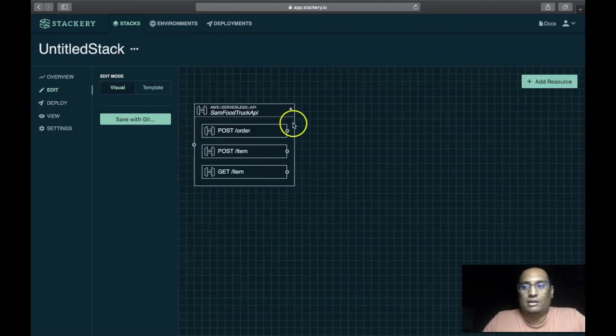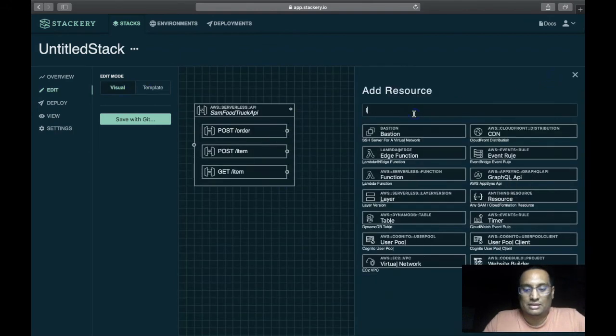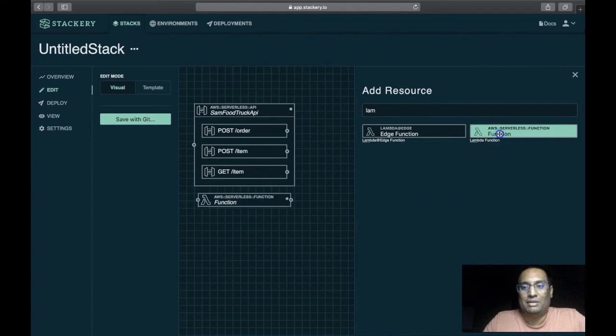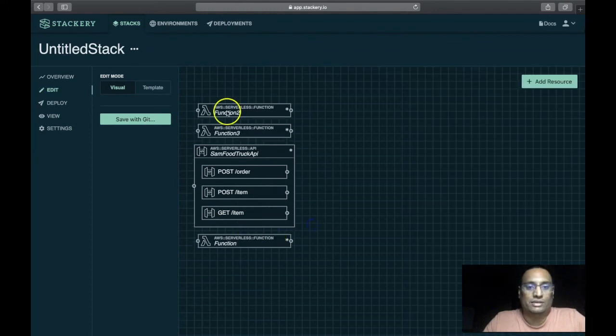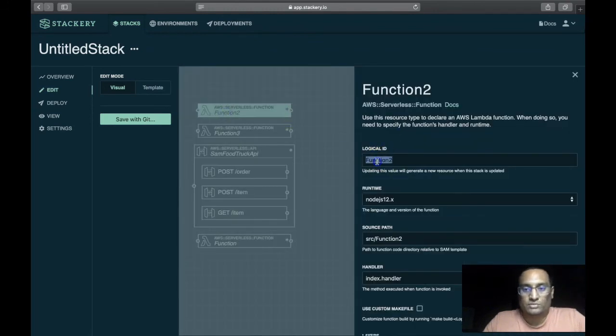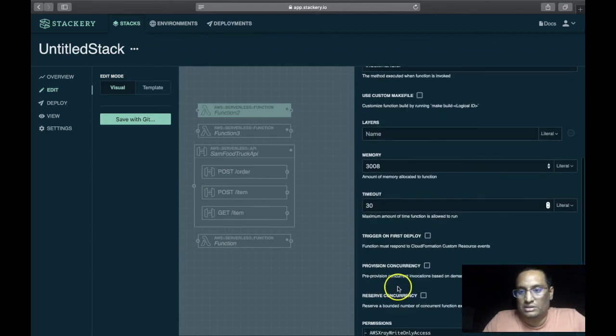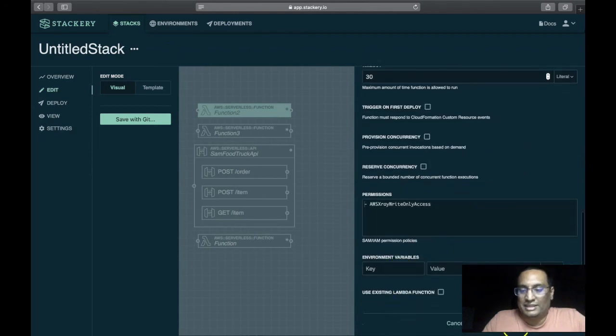Let's go ahead and create the remaining Lambdas. I'm going to go with individual Lambda functions for all three different flows. Create item, and this will be the logical ID. That will be the function name. I'm going to have it as index.handler, whatever it is. No other changes, just accepting the defaults, saving it.